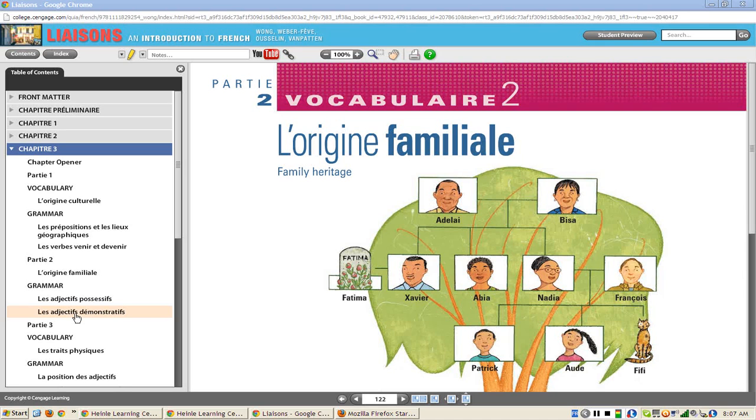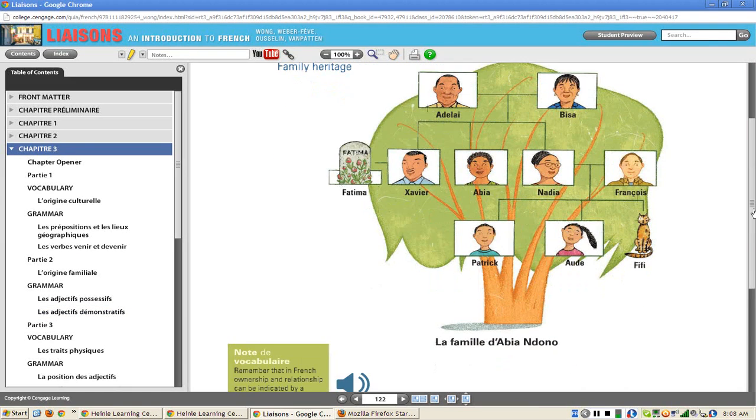Possessive adjectives are adjectives you use to express possession. That is, if you say my book, my is perceived as an adjective. It's taking the word book and changing how we look at it, as an adjective does with nouns, and it becomes mon livre, or my family, ma famille. Demonstrative adjectives also are ways of demonstrating, instead of saying the family or my family, a demonstrative is this family, cette famille.